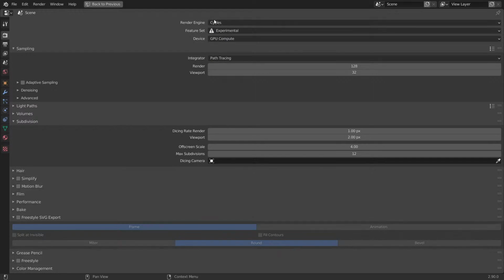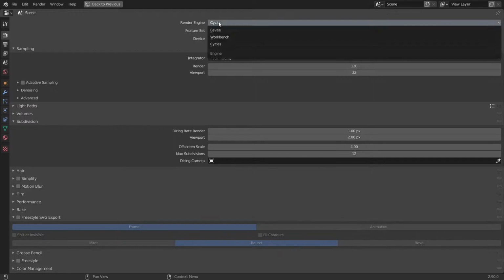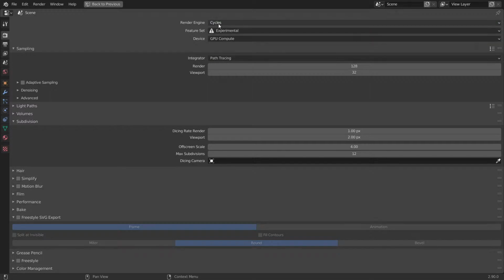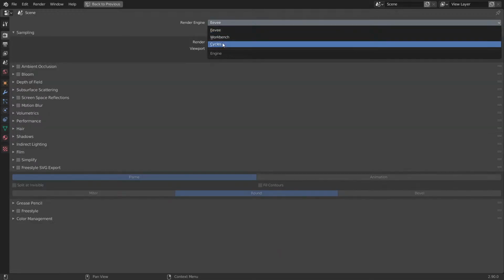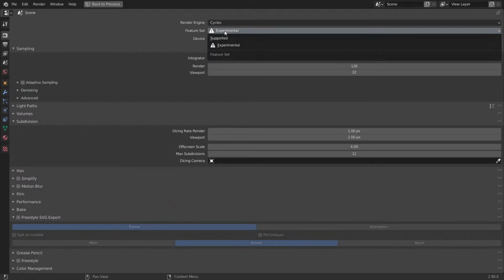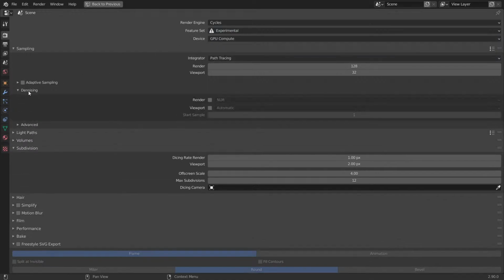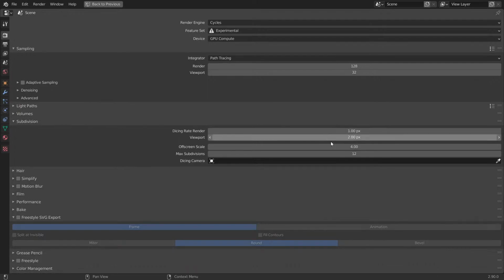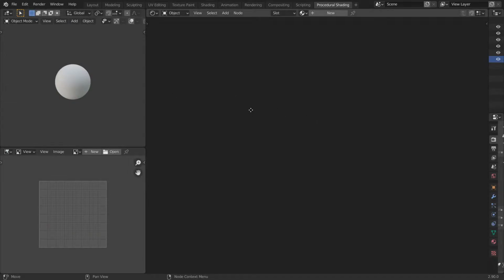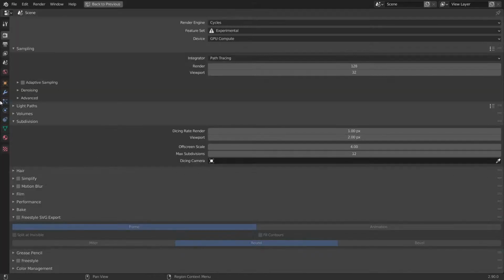Also, because we are using vector displacement, we have to deform the mesh. I have to use the Cycles render engine because EEVEE doesn't work. It's not yet supported. And to use adaptive subdivisions, keep the feature set to experimental. And the subdivisions, the viewport by default will be around 8, I guess, but I set up my startup file in such a way that it'll be at 2 because I think my laptop can handle it. So let's give the same material. And also one last thing,